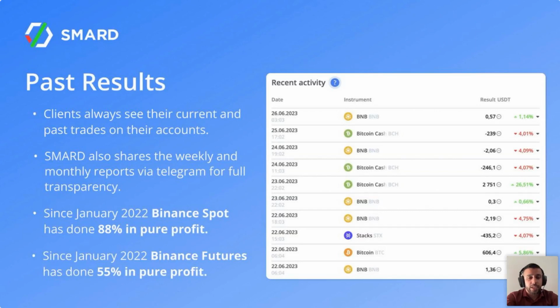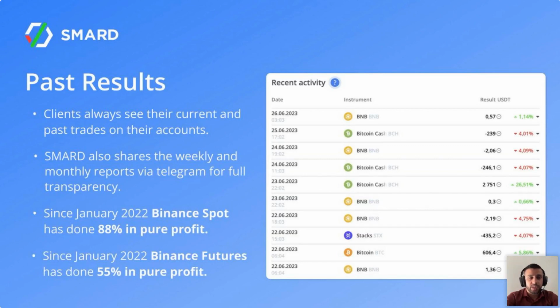The good thing about that is, since we're talking about transparency, we do share the results that were in loss, and we do share the results that were in positive, because as I said before, this can happen, and the market can go against us, even with a foolproof and sophisticated program and algorithm